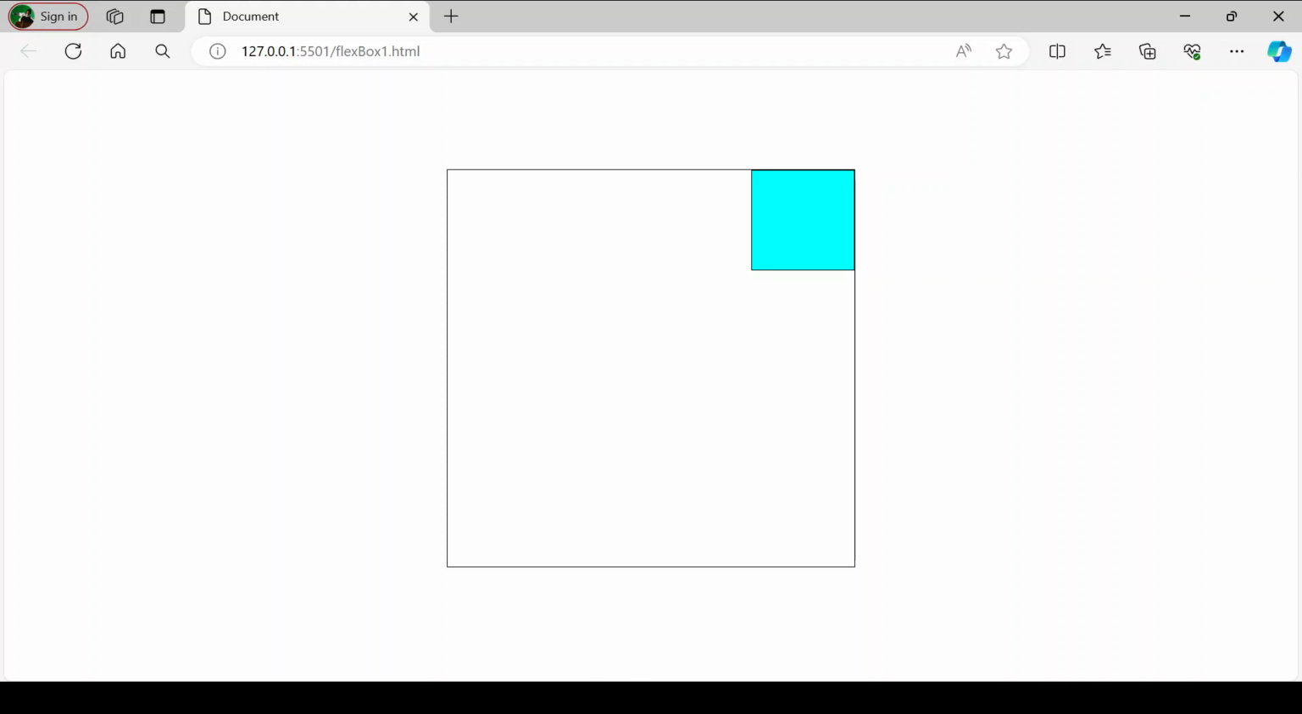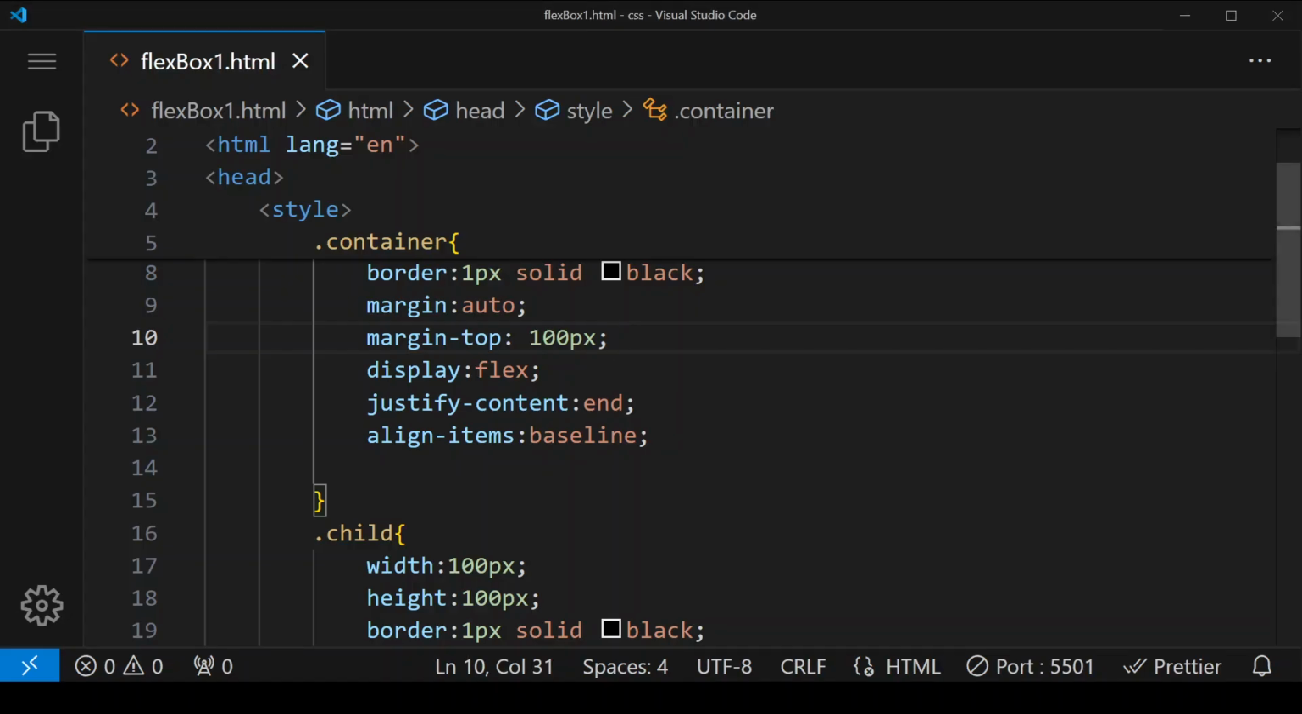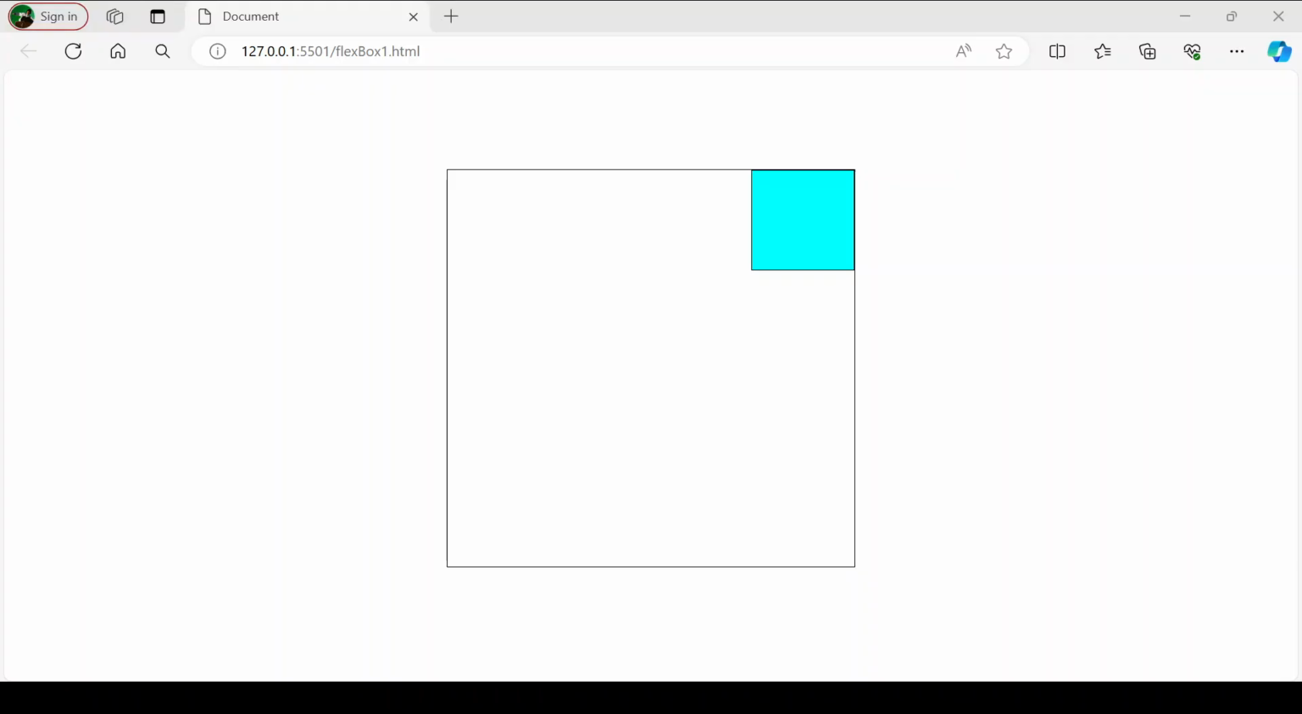Now here it is going to be center, and this position, meaning the bottom right corner, will be